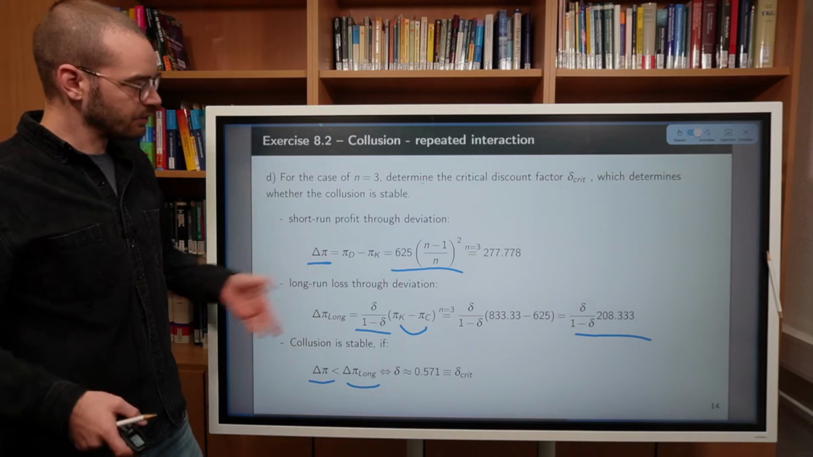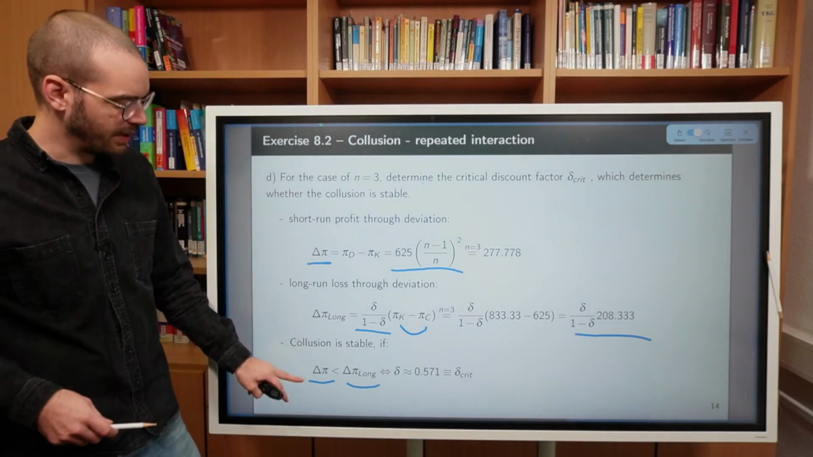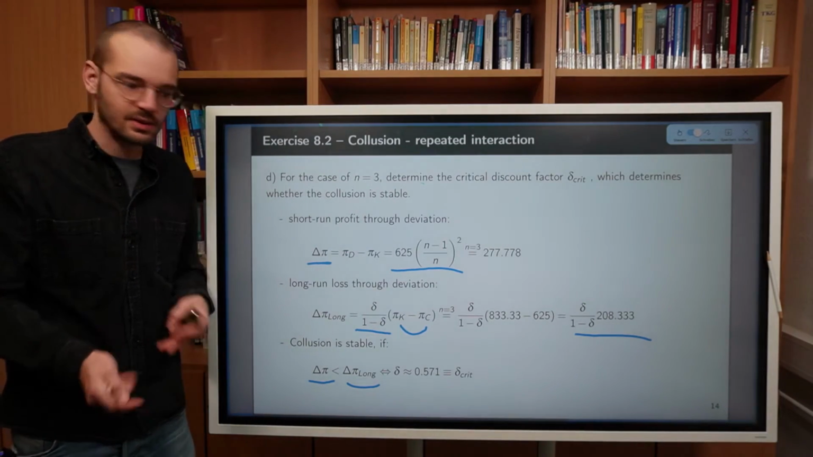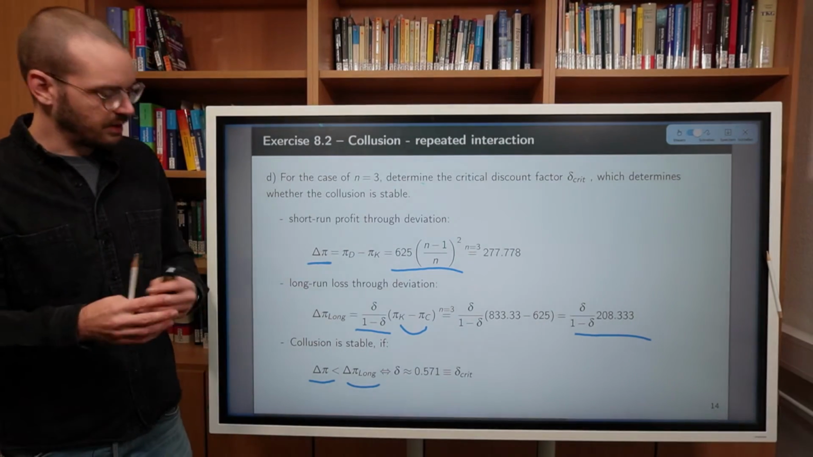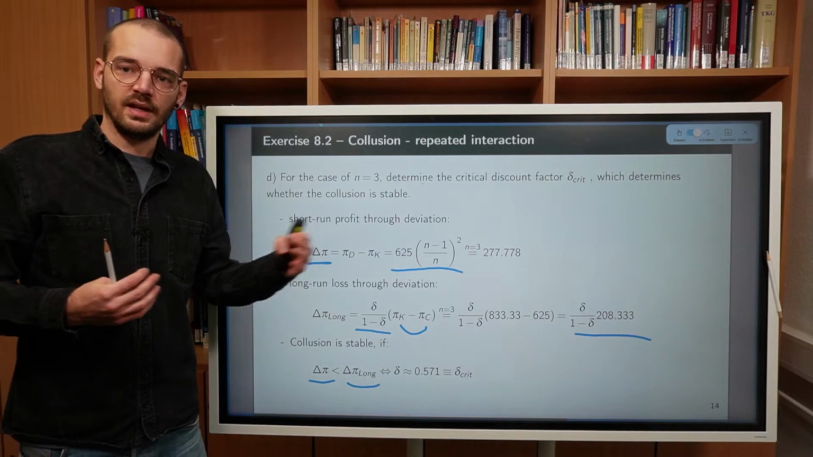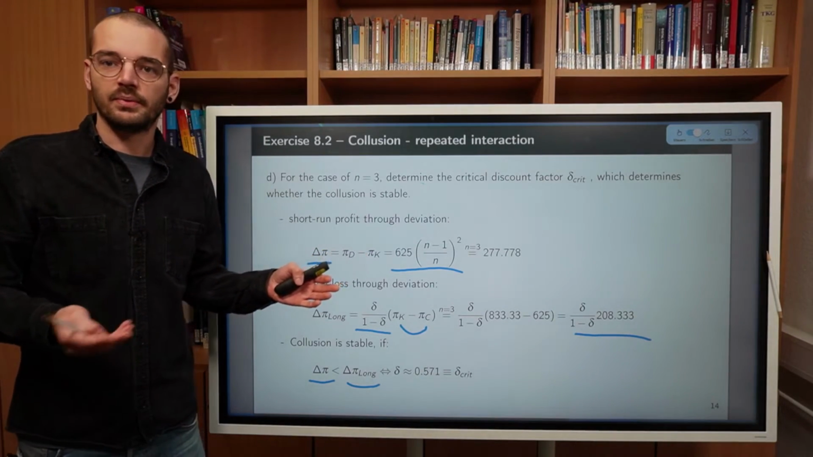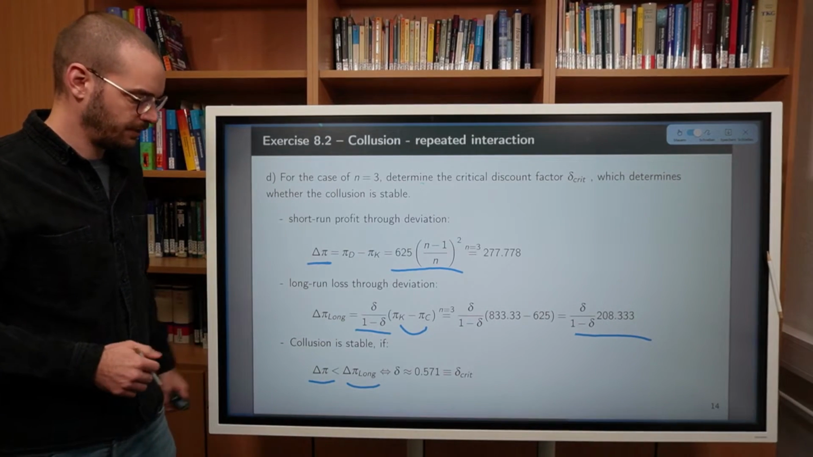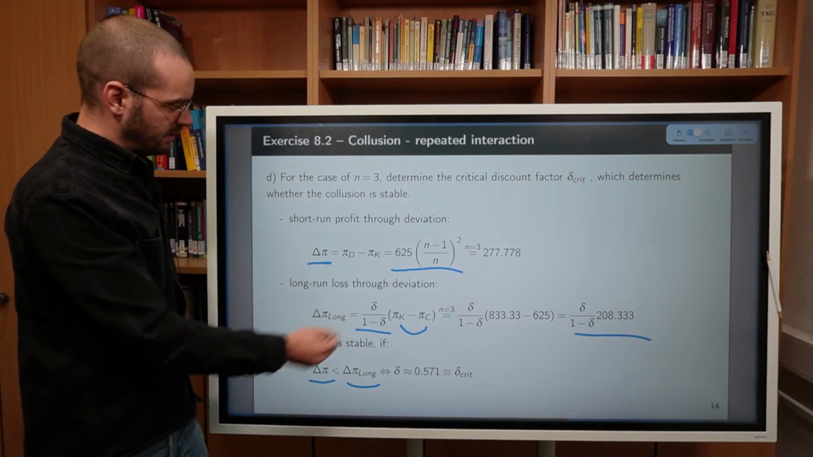So now we have all the ingredients we need in order to make this comparison, where the short-run change in profits, or the incentive to deviate, so to speak, needs to be smaller than the long-run foregone profits that come from the logic of the Grim trigger strategy. So we simply plug in delta pi,